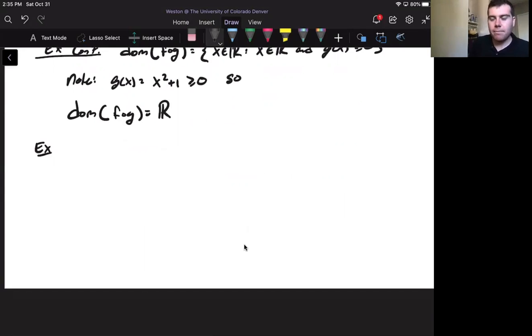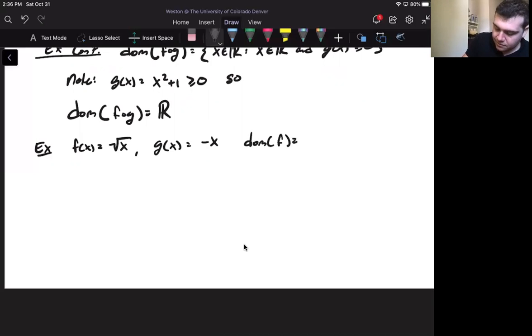There are, of course, cases where things don't work out perfectly. So for another example, we can have f of x be the square root of x again, g of x equals negative x. So then the domain of f, from above, we knew it was 0 to infinity. And the domain of g, since it's just a linear function, is still all real numbers. But the domain of f composed g